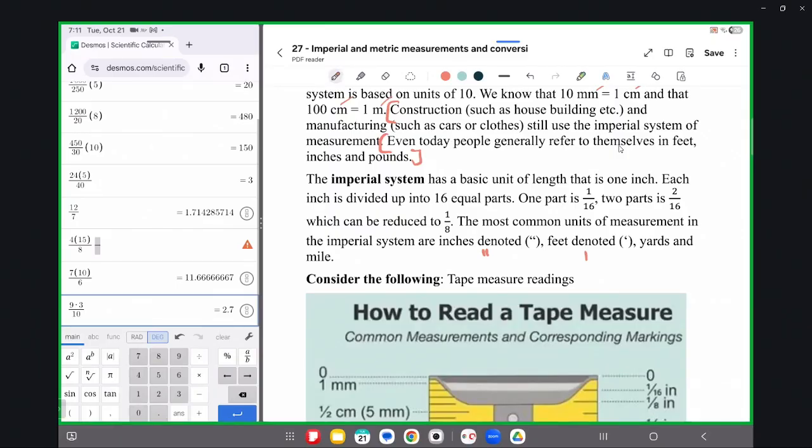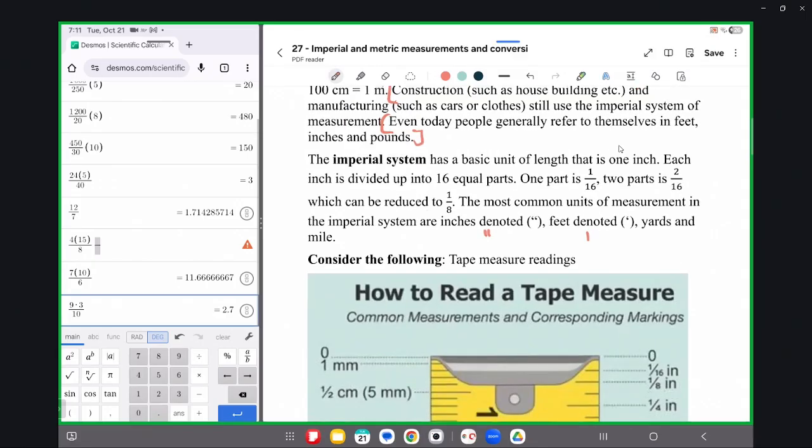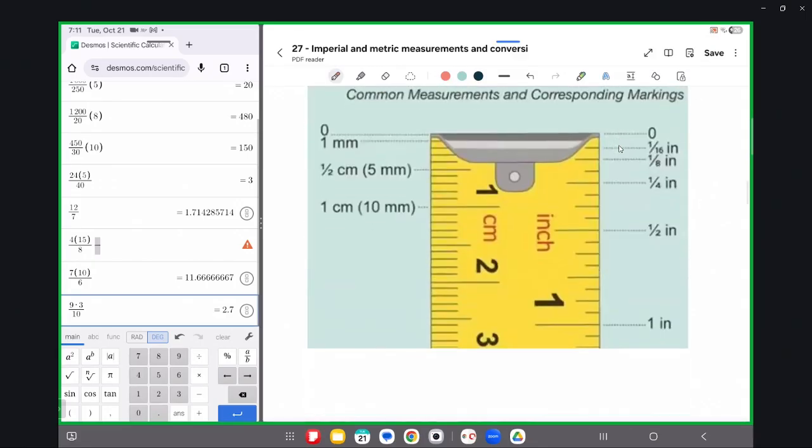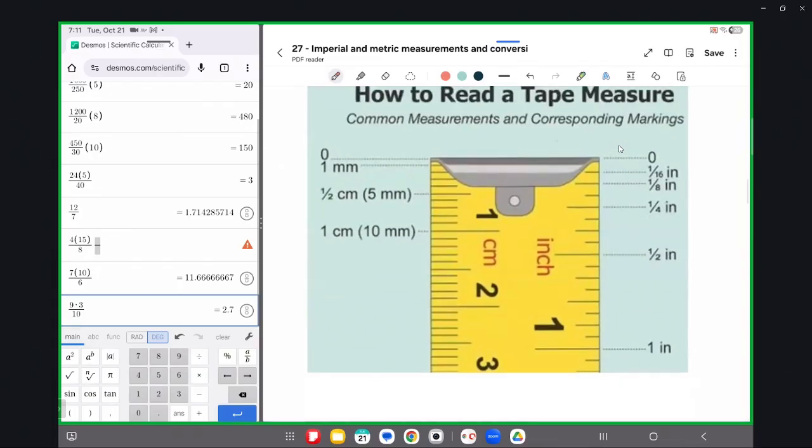And so we're going to have a look at the tape measure. So here, most common tape measurements look like this. On one side of the tape measure, it's going to tell you what this is in inches. And on the other side, it's going to tell you what this is in